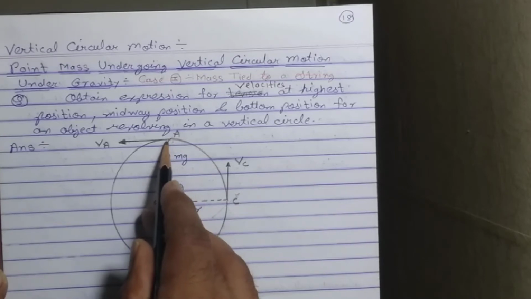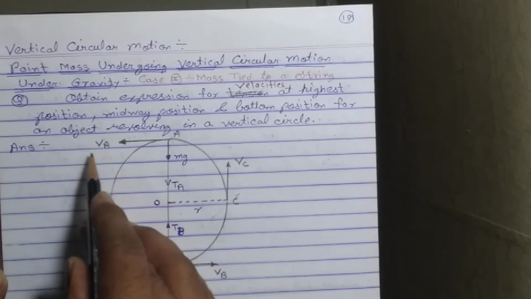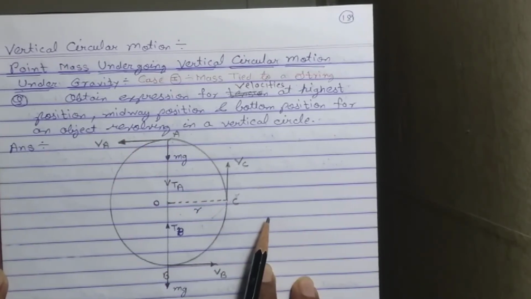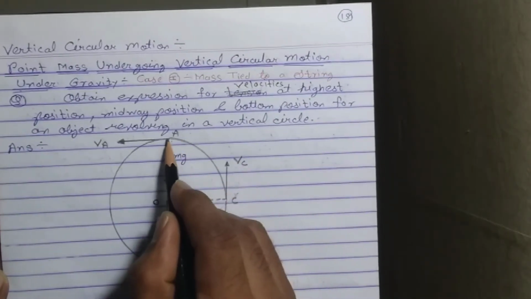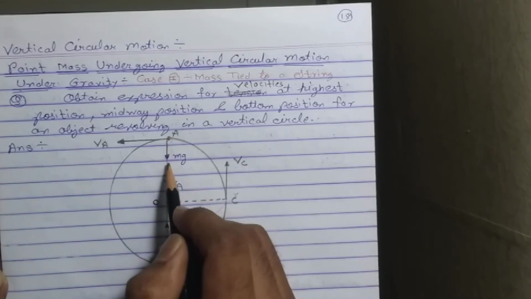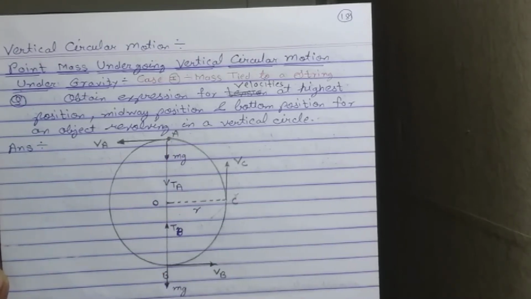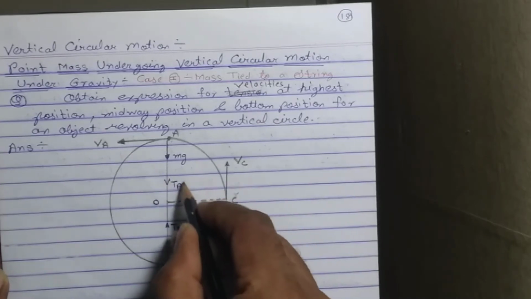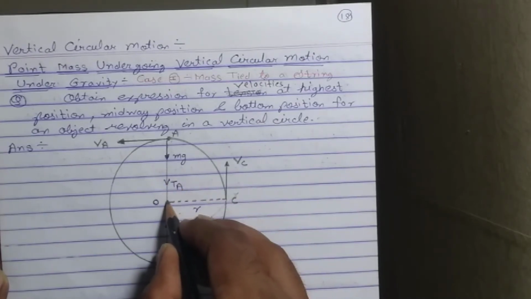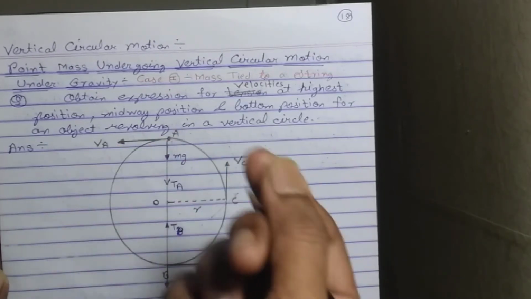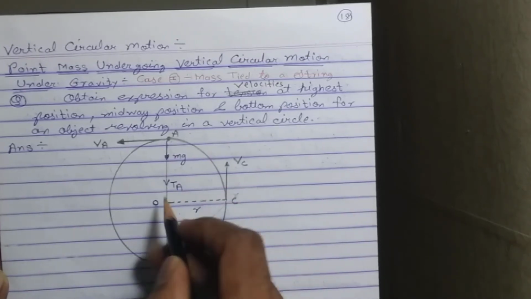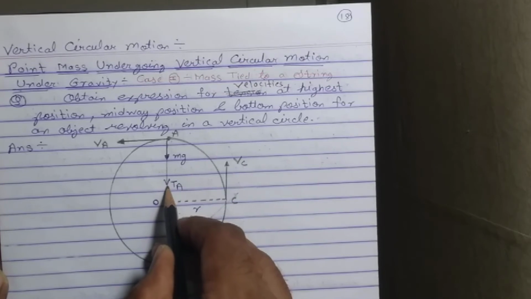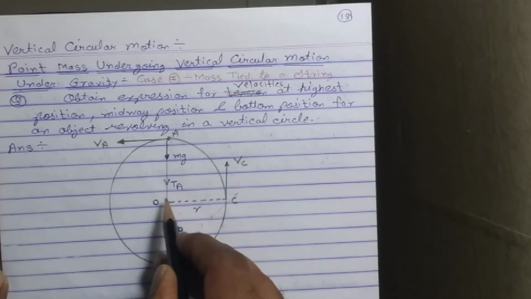Let the linear velocity of the object be VA. Students, as I told you, or we can observe in the diagram, at point A, the object of mass m has its own weight, which is Mg. We observe here tension in the string, because from the center we are just revolving that particular bob in a vertical manner. The tension in the string is Ta, which is always moving towards center O.